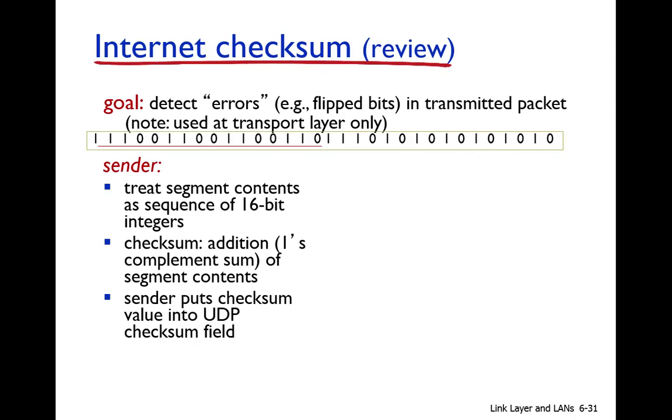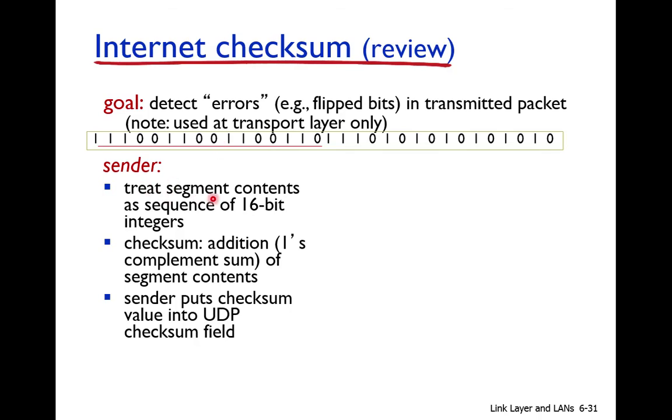Okay, so the internet checksum is used to detect bit errors, the flipped bits in the transmitted packet. It is used at the transport layer only. So how does it work? For example, this is the data and we want to transmit it. If you want to transmit it and you want to use checksum, then first, on the sender side,